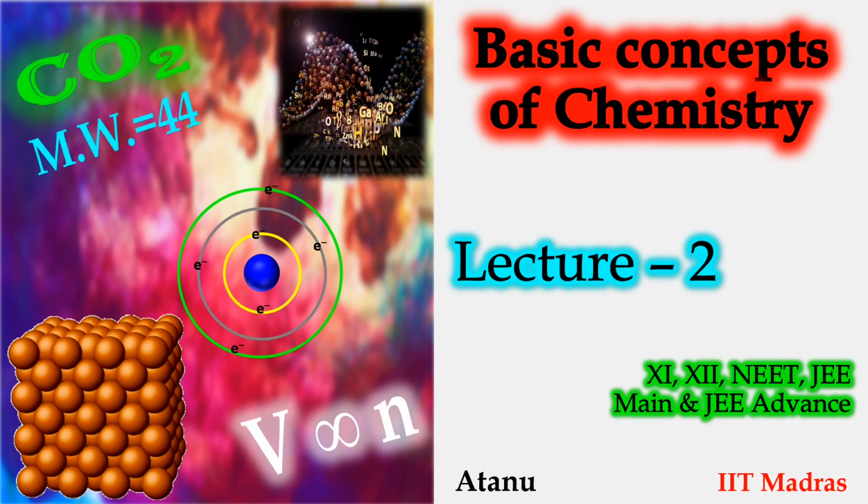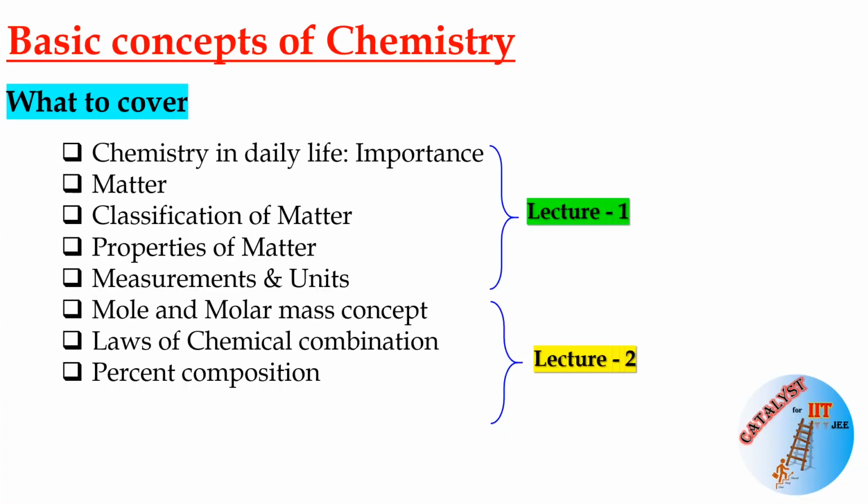This is the second lecture of the lecture series on basic concepts of chemistry, and in this lecture we are going to talk about the laws of chemical combination in detail, mole and molar mass concept. We are also going to talk about the atomic mass concept and percent composition. Okay, now at last we will talk about the concept of limiting reagent as well. This concept of limiting reagent is very important, and most of the time we see a question from limiting reagent